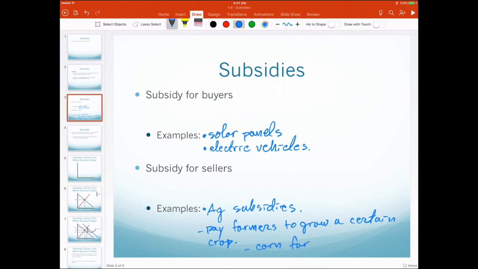There are a lot of subsidies for that because the idea was a while back we could use corn to produce ethanol, since that was thought to be better for the environment. Now we have a better understanding and it's not so good for the environment. You'll have a short video on that for your video quiz. Not such a good idea, but that's the way it works sometimes. So with subsidies for buyers, you give buyers the money when they buy solar panels or electric vehicles. When sellers get subsidies, they're getting the subsidy to produce something, so the money goes straight to the sellers.